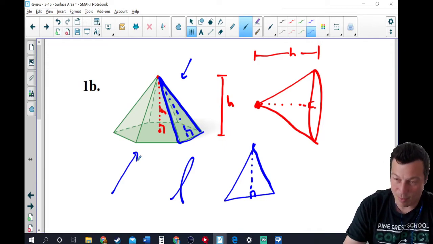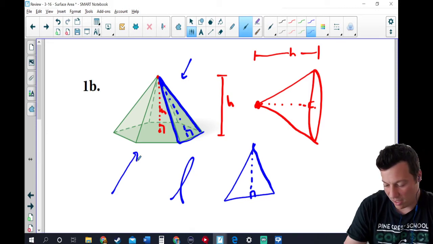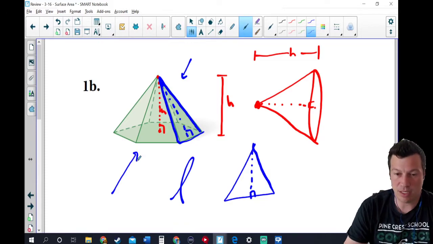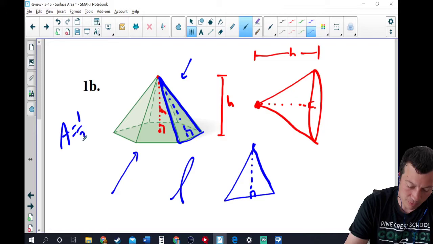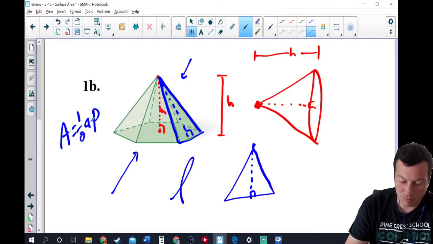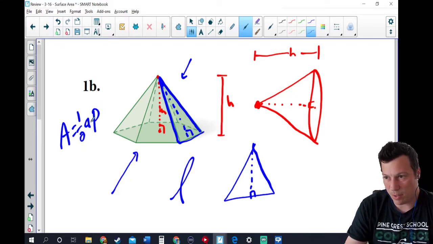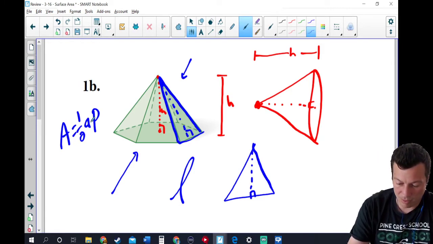Okay. If the base was, in this case, a hexagon, right? We'd end up using, to find the area of it, we probably have to use our formula for a regular polygon. But that's going to include a special right triangle in this case, because it's going to be 30, 60, 90. But in the case of something that maybe like a